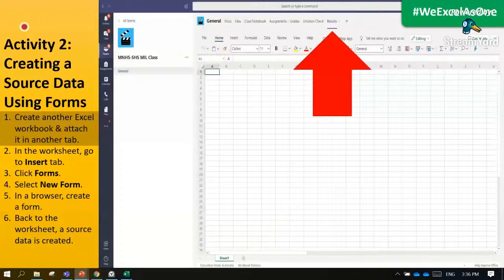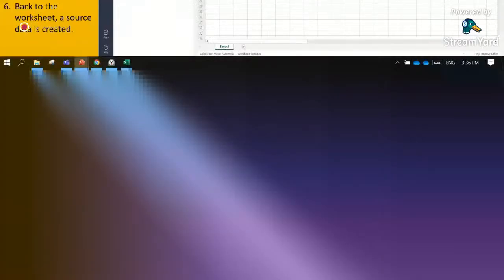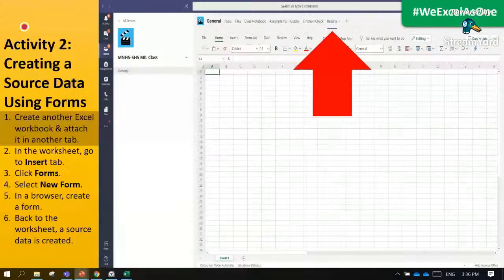We should have a data source to use the three features that I will introduce. The first one is pivot table, pivot chart, and slicer. We cannot use these three features if we don't have source data. That is why in our second activity, we will first have a source data.